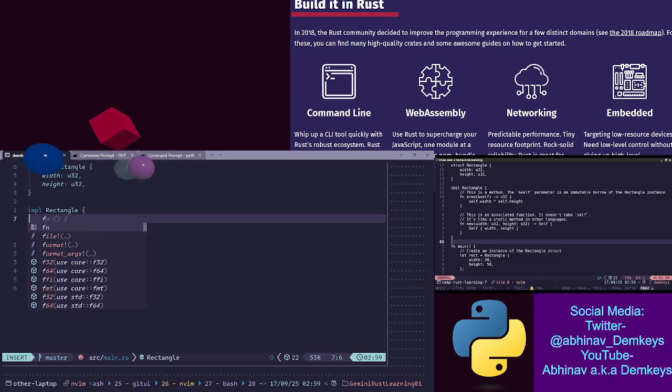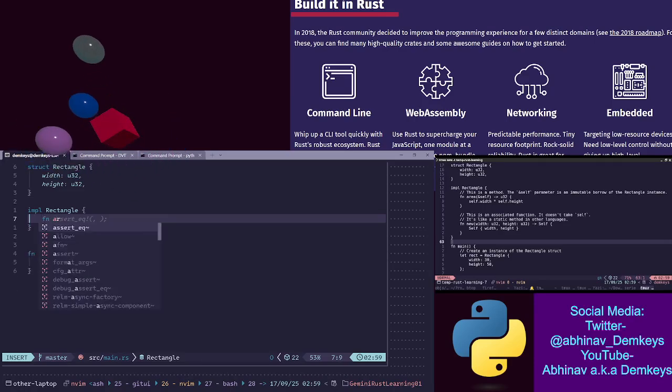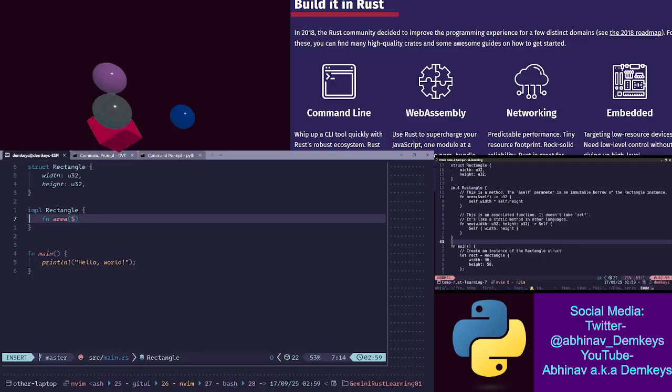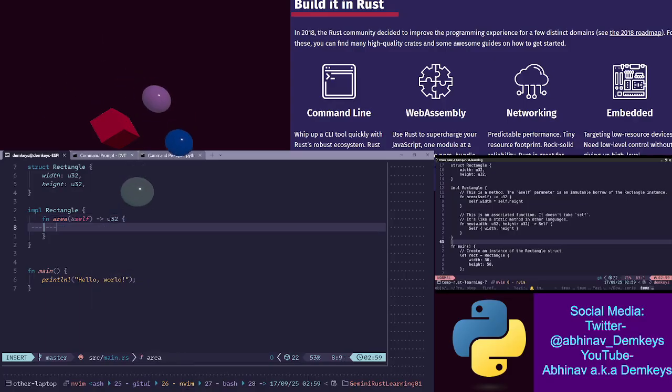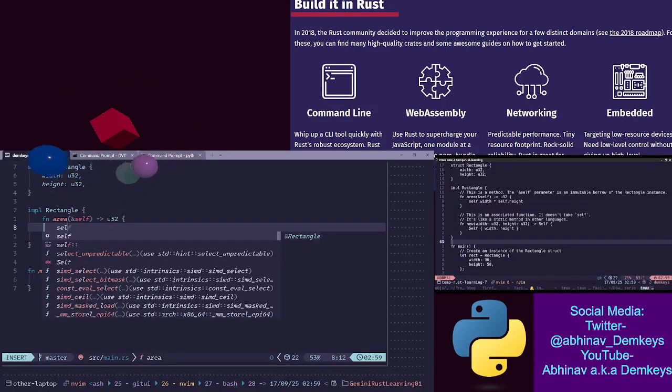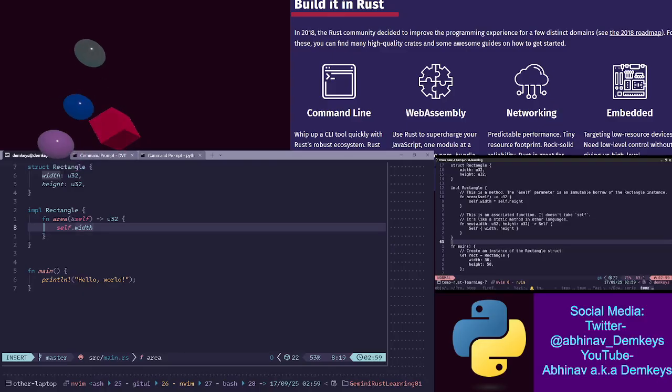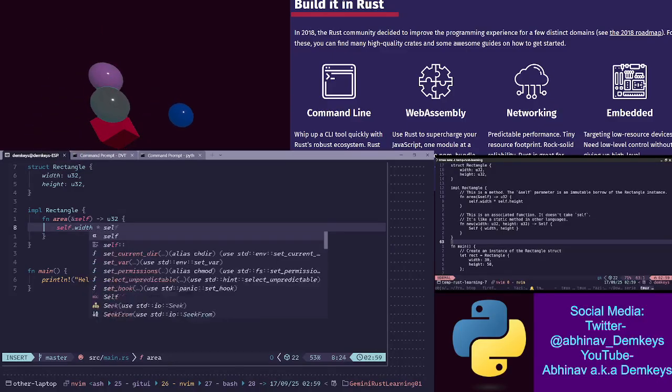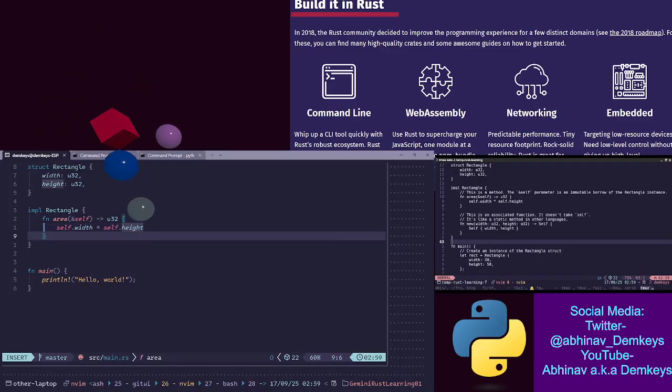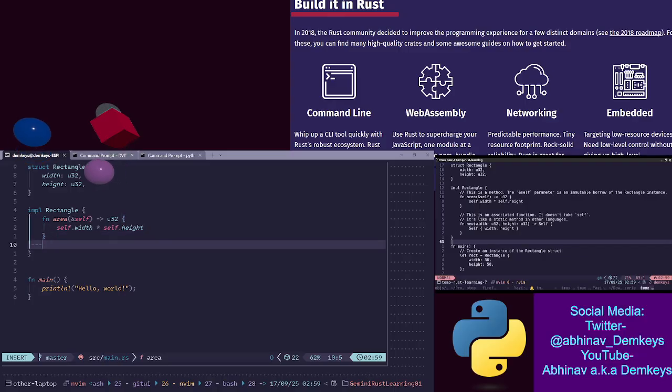Oh, so it's mainly just for reading purposes. Okay, so area, ampersand self, u32, self dot width multiplied by self dot height. Great, so it returns that.